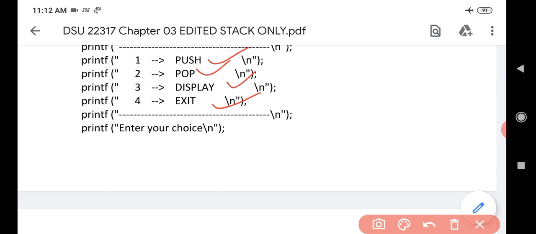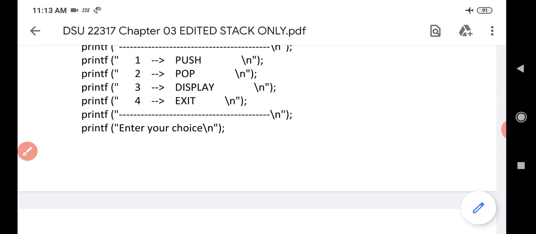These types of menus we also get when we go to the ATM, right? When we go to the ATM, we insert a debit card, and the machine gives us so many options, and according to the option we proceed further. The same concept is there, that is a menu driven program, where we give choices to the user, and according to the user's choice the program will behave, right?